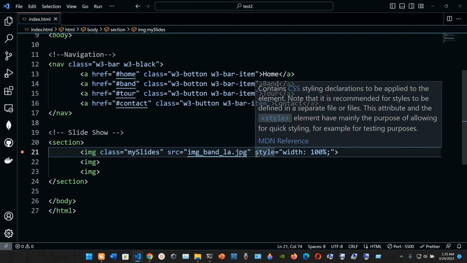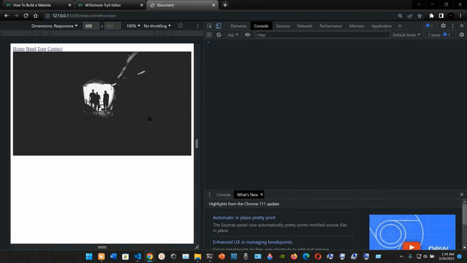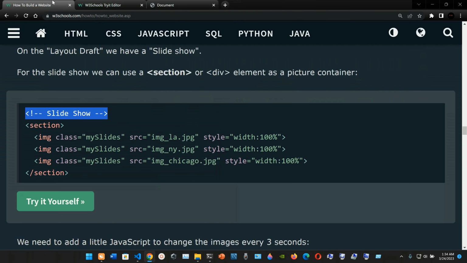So that's the reason you have to add a style attribute. It contains CSS style declarations to be applied to the element. Note that it is recommended for styles to be defined in a separate file or files. This attribute and the style element have mainly the purpose of allowing for quick styling, for example, for testing purposes. So that is that. And now we're gonna click toggle device toolbar again, so we go back to normal,